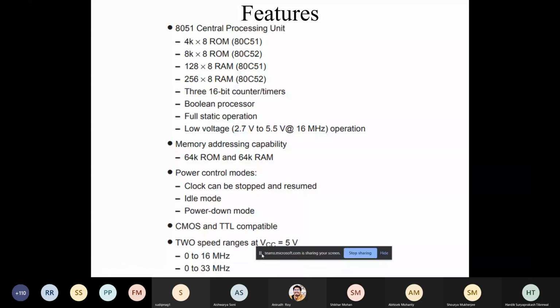Now there are different speed options available. Based on the families, based on the internal design, the maximum clock could be 16 megahertz or 33 megahertz. Now you can say that these kinds of frequencies are pretty low. So how does it compete with the modern microcontrollers? Obviously 8051 series is a bit older series, but due to its low power and some advantages, in very small space, within very small chip area, you can fabricate this kind of microcontrollers.